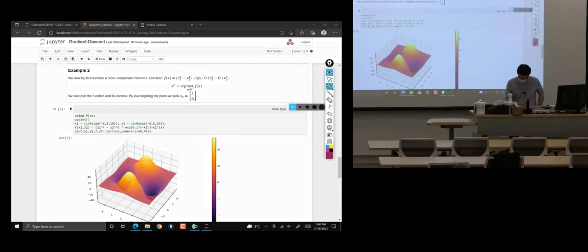I'm not looking for a minimum. I want to find the closest peak. So if I'm here, right? I want to go here, right? It's local, right? So if I'm here, I'm going to go here. Wherever you start,